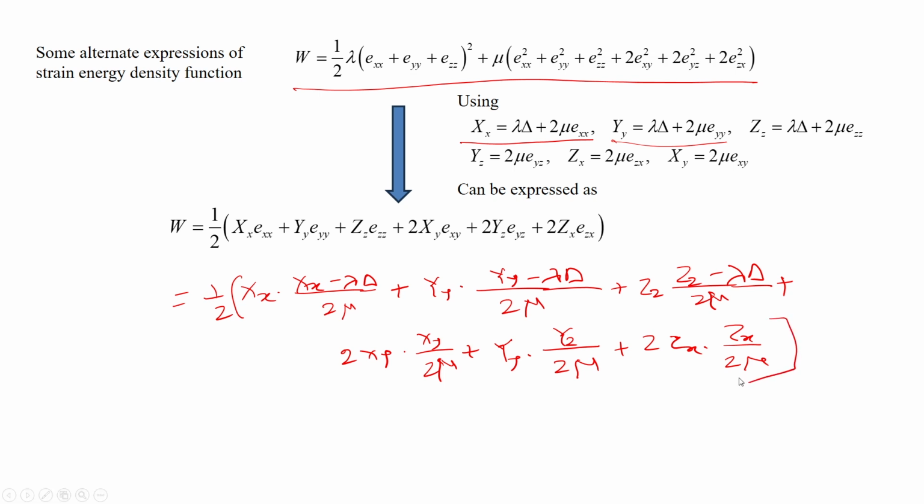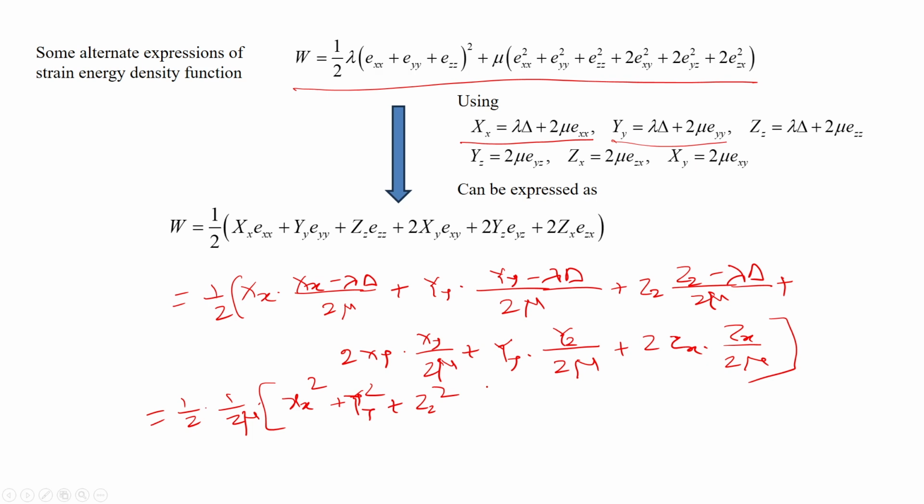Therefore, we can write it as half into 1 by 2μ into, let us say, σxx square plus σyy square plus σzz square,